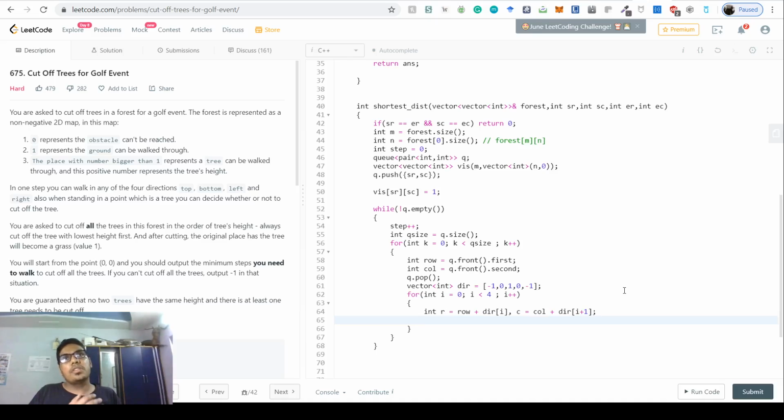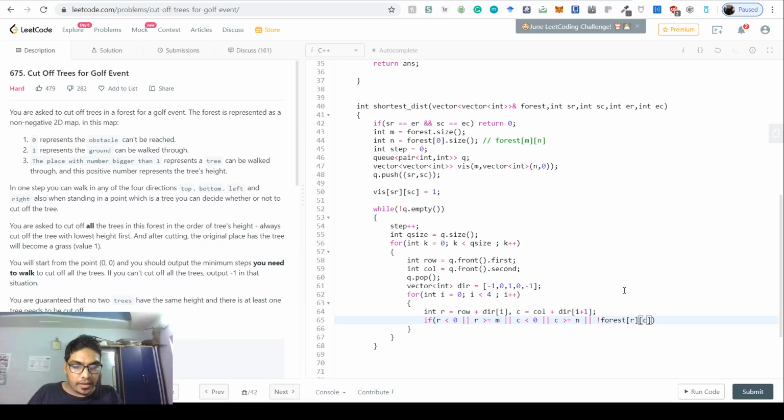Now we want to see the corner cases, whether these are in the corner cases. So if somehow r gets less than 0, or if r gets greater than or equal to m, which is the maximum size, or c gets smaller than 0, or c gets larger than or equal to the maximum size, which is n in that direction, or the forest of r and c is basically an obstacle there.